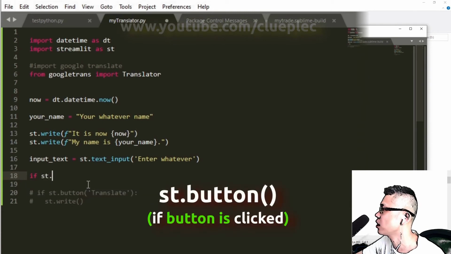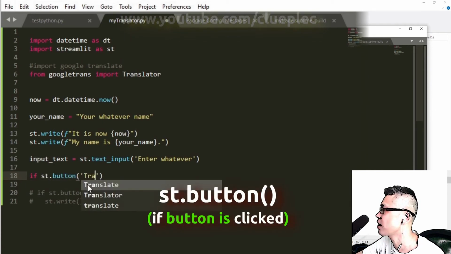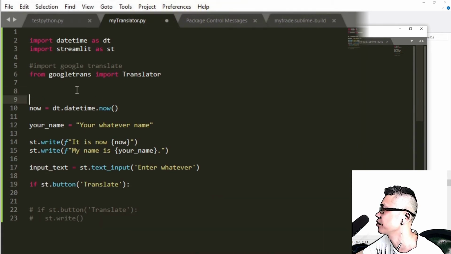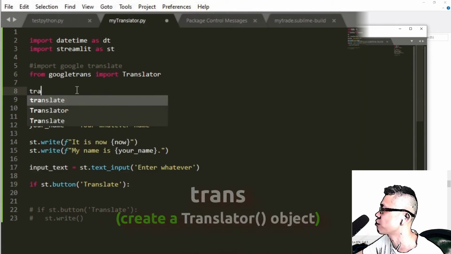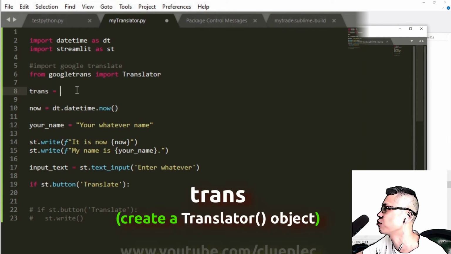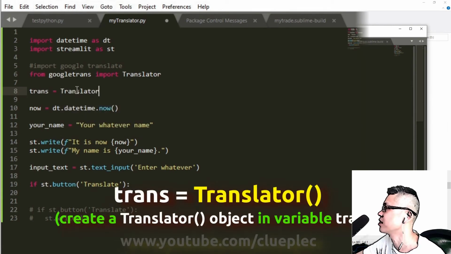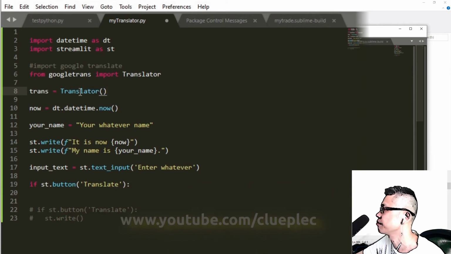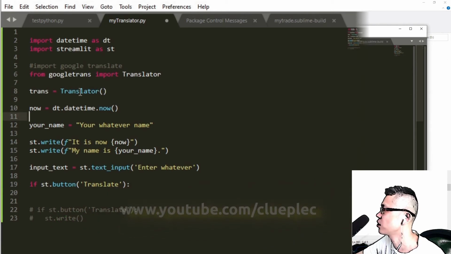If st.button is yes, then I type translate. Just use translation. Translation is, so we've just created the translator object, assign it to variable trans. Don't want to type Translator below. Translator. Here you can see a bracket.